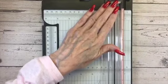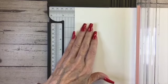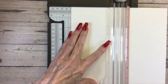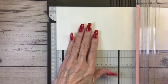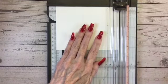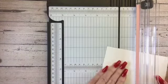I'm going to get out my Stampin' Up! paper trimmer, and I'm just going to show you how easy it is. We're going to start with an 8.5 by 11 piece of basic white cardstock, and we're going to cut it right down the center at 4.25 by 5.5, and that's all it takes. For the bottom of the box is one piece 4.25 by 5.5, and then we're going to cut a piece